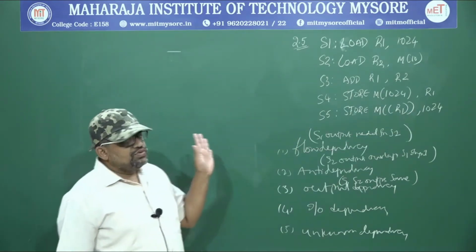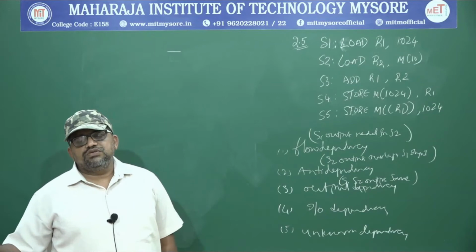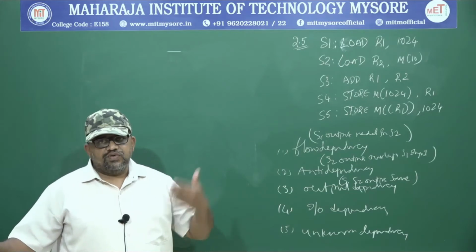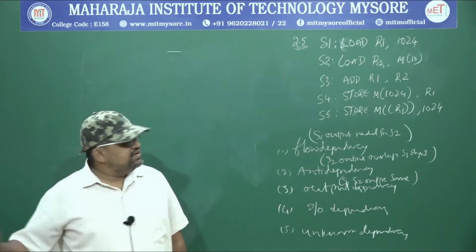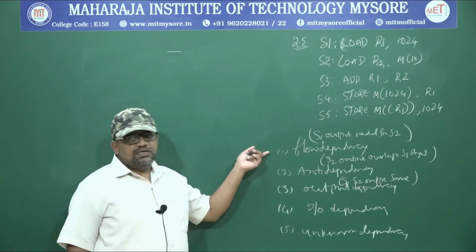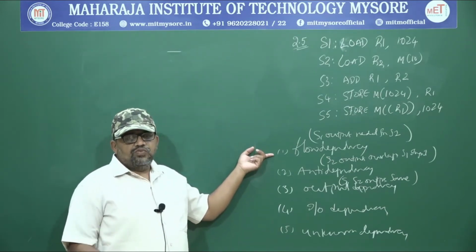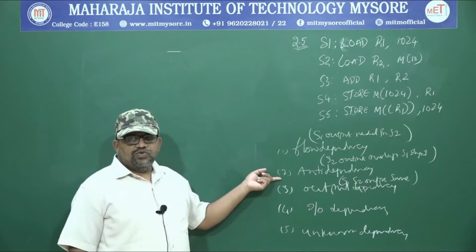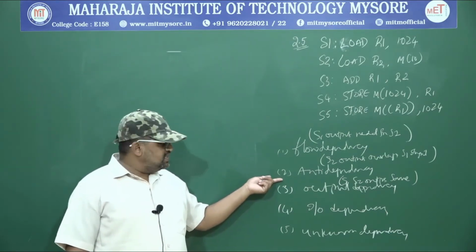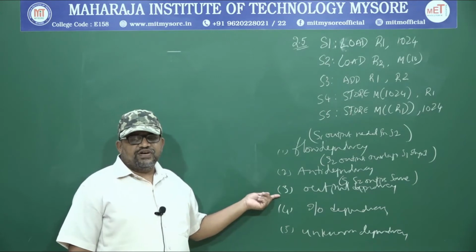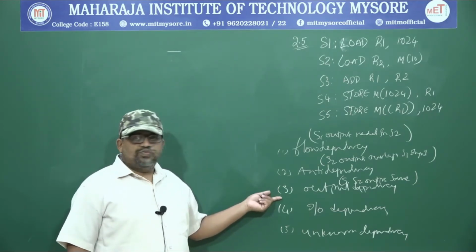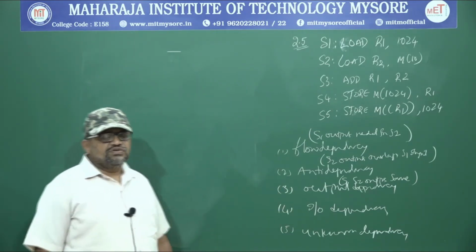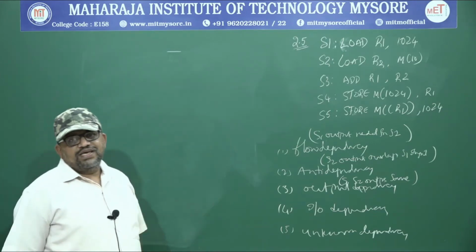This is how the given statements are, and for this you need to draw a dependency graph. I am going to follow the same table method, but before that you need to brush up on this. Flow dependency: if the output of S1 forms an input to the second statement, then it is a flow dependency. If the output of S2 overlaps S1, then it is anti-dependency, and if the outputs of S1 and S2 are the same, then it is output dependency. You just remember these 3 definitions, then life becomes easy for us to solve the problem. Totally there are 5 statements.